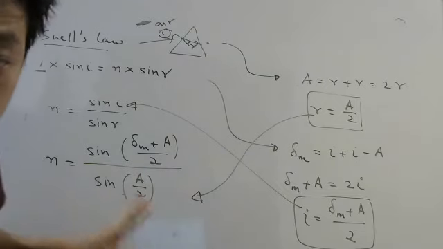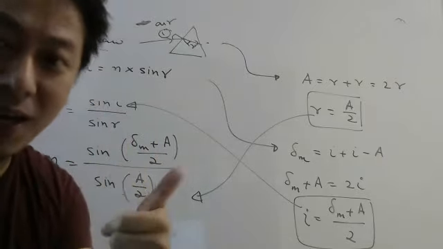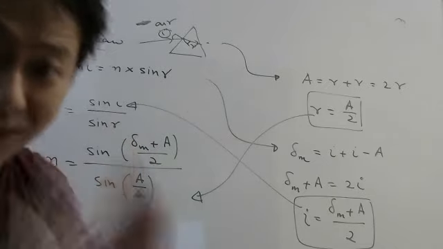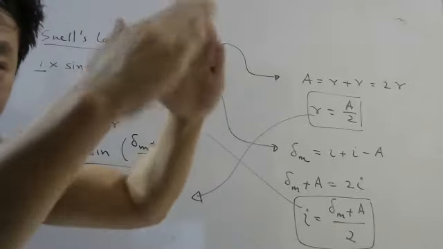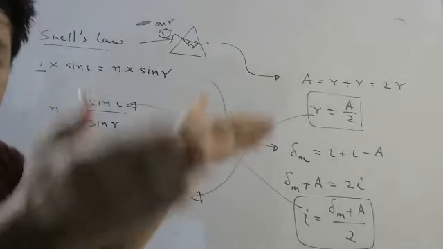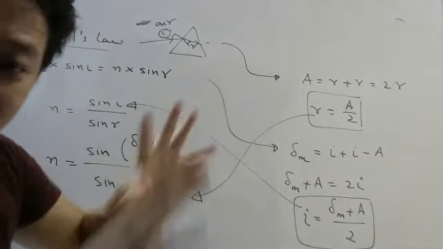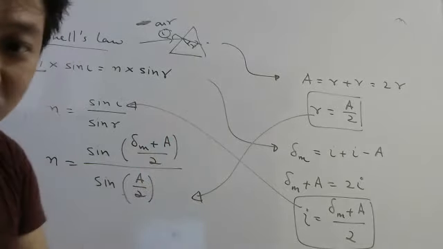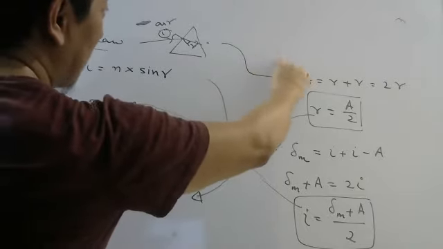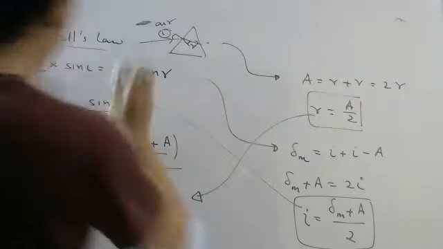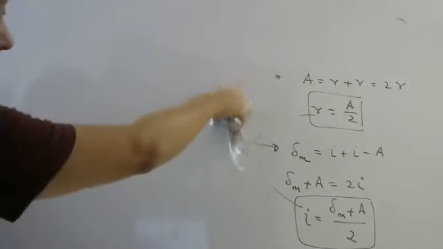Okay, so this is quite important. I'm expecting this question. It is slightly lengthy, but just try to remember the quadrilateral. First, you draw a neat diagram. That is important. Then you need to start with that quadrilateral, where the two angles are 90. Remember, these angles are 90. This is A, and this angle you have to find using that triangle. And after that, you need to remember that the angle here is i minus r, and here it is e minus r dash, the interior angles, which I explained by drawing the second diagram.